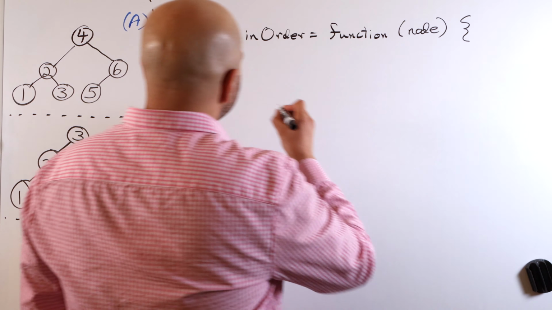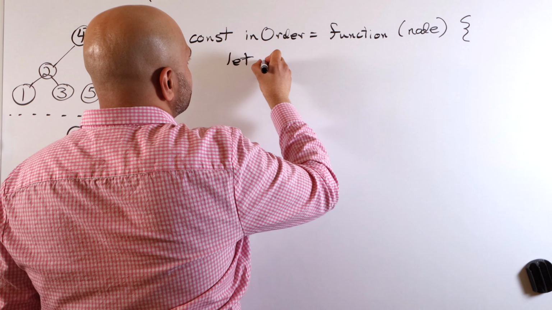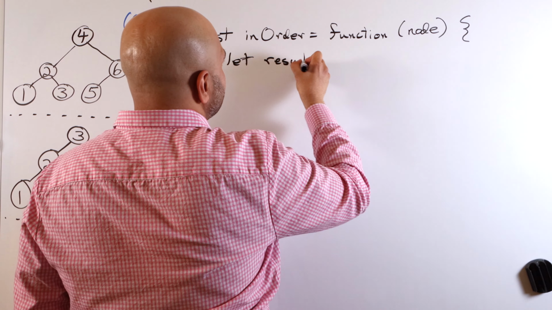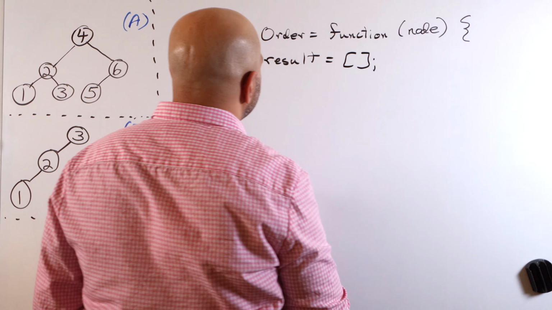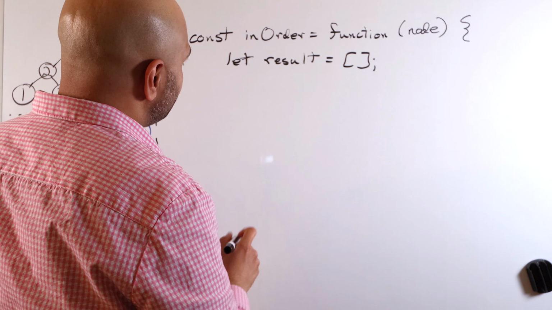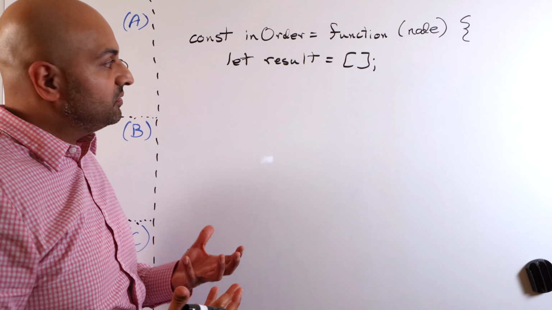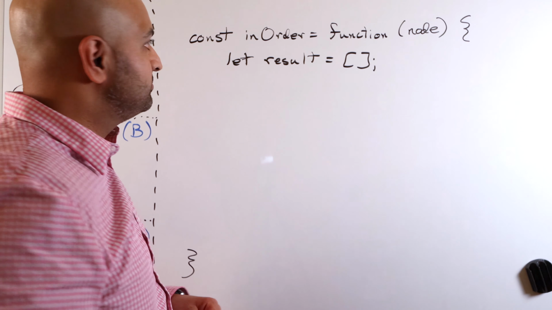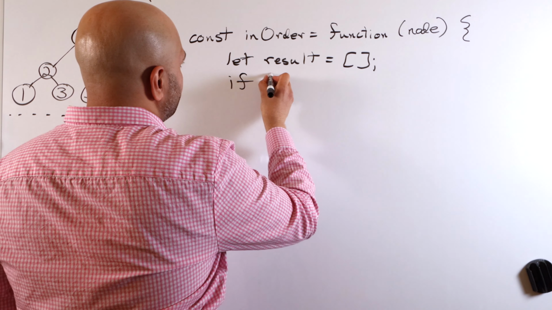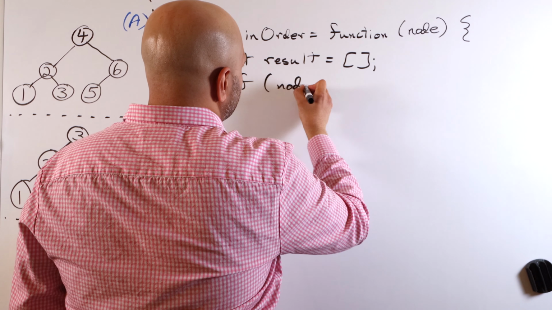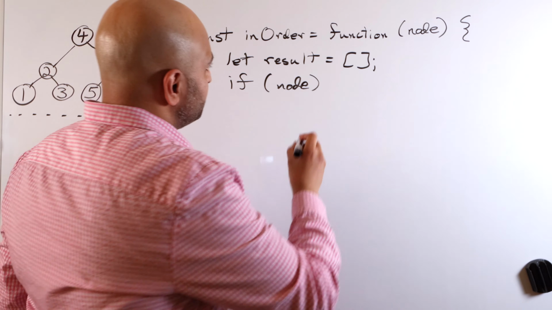All right, so let's go ahead and define a variable that is going to hold the result that we are going to return. So I'm going to say let result equal an array. And then at the very bottom of our function, we will return this. That way, it'll be very simple to follow along with what happened. So then we'll say if node, which basically is saying, if this is not an undefined or null value, then